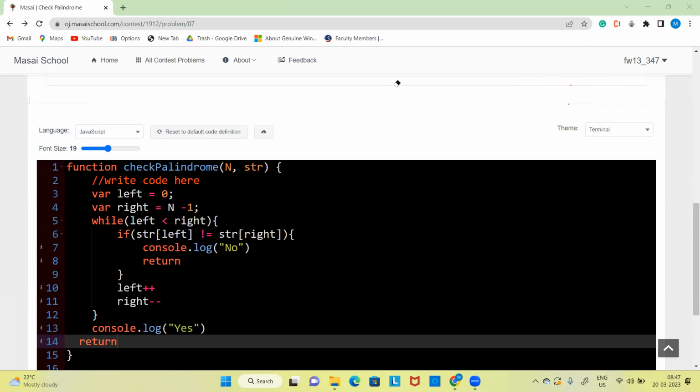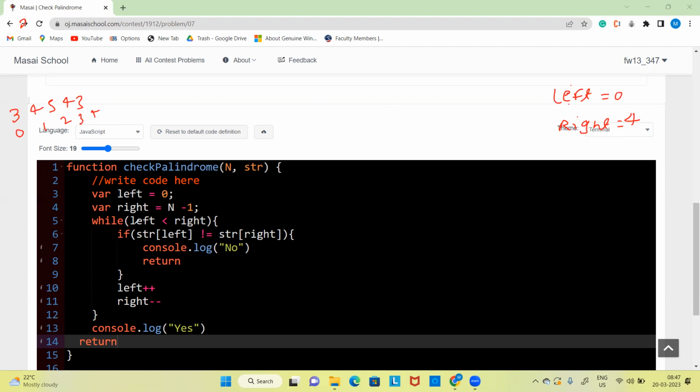In this example, we have to take a number or string. So in the number or string, we can take any example. So let's say we take 3, 4, 5, 4, 3. We have to take this example and write two pointers first. My left pointer is 0, my right pointer is n minus 1. So what is n? N is 0, 1, 2, 3, 4. So n value is 5. So n minus 1 is 4.